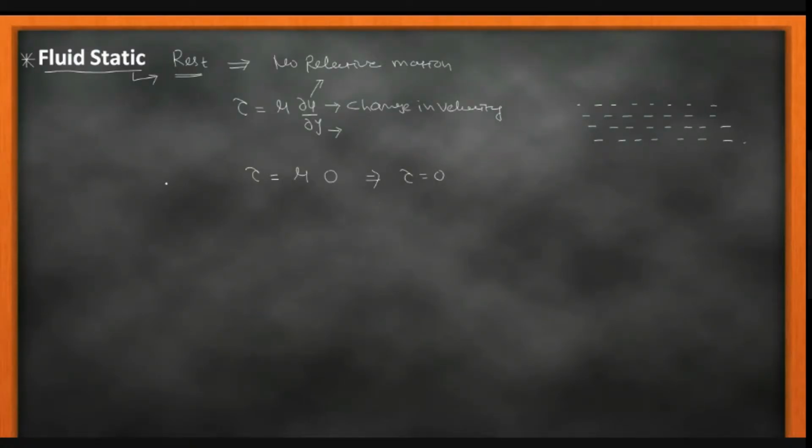And broadly, by stating that the fluid is at rest or is a static fluid, we have to assume that the shear stress is zero. Then which kinds of forces are acting in static conditions? There are two types of forces. One is called the pressure force, and the second force acting in the static fluid is gravity. So students, in this chapter, we just focus on two forces: first the pressure force and second the gravity force.